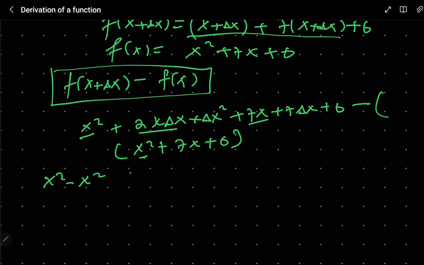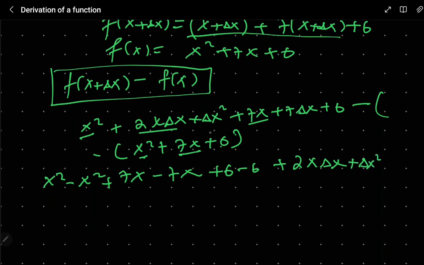So here is how much x we have here? 7x plus 7x minus 7x, this one, and plus 6 here, and we have minus 6 here. Then we do 2x change in x plus change in x squared, plus 7 change in x. So this cancels that, that cancels that, so we are left with 2x change in x